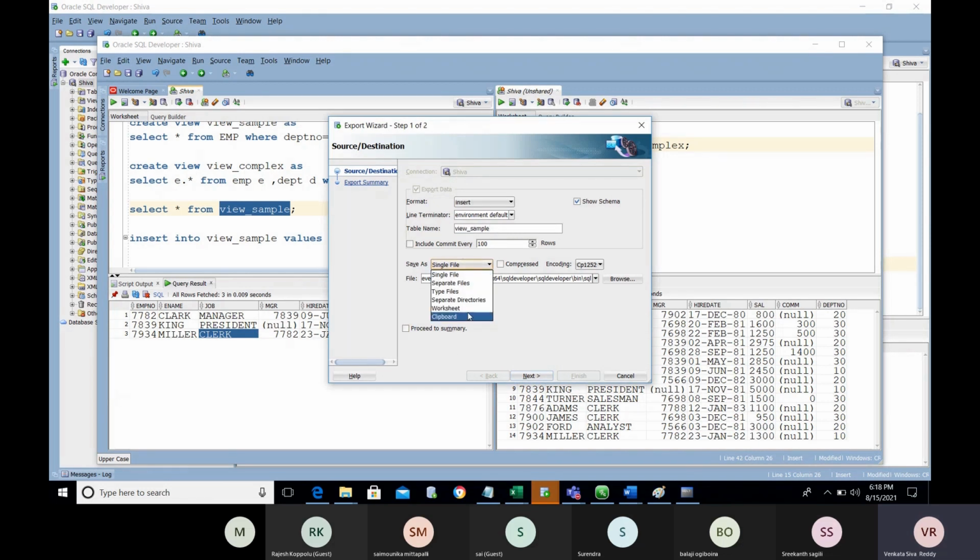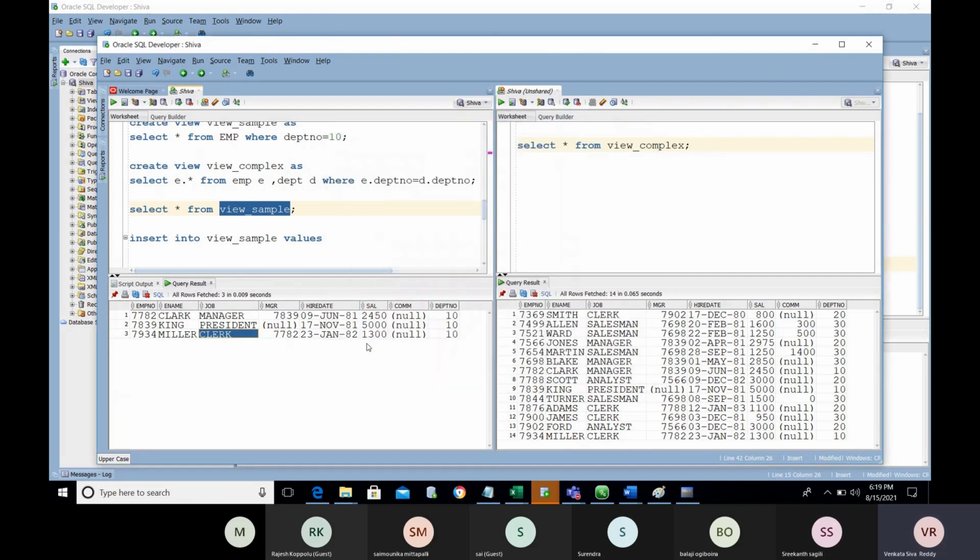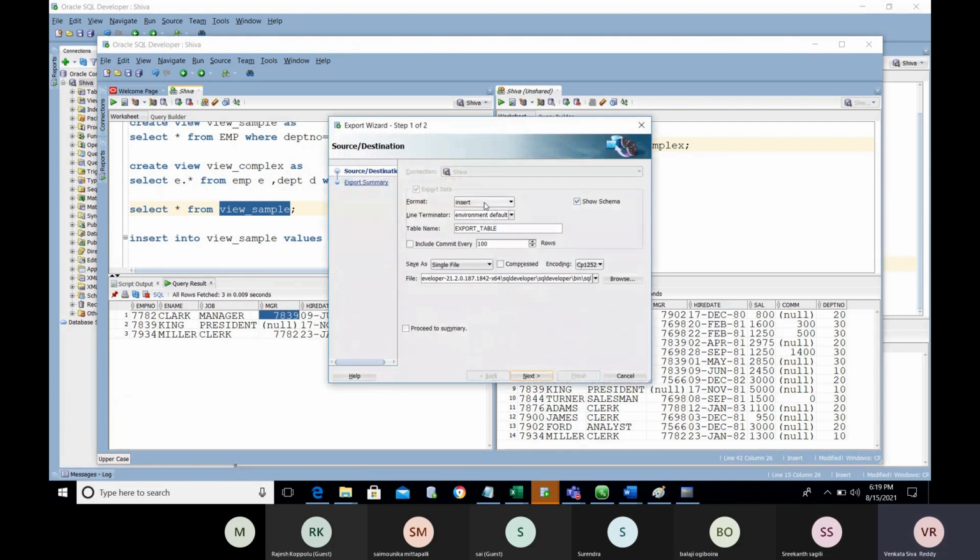If you want to take the output as insert statements, if you want to prepare this result set as insert statements, simply select the output, go and export the result, do the export with the insert option and provide the table name. If you want to store into a file, you can use a single file or multiple files, one for each record. If you want to provide separate files, use the separate option.